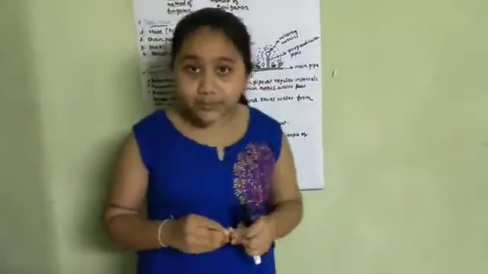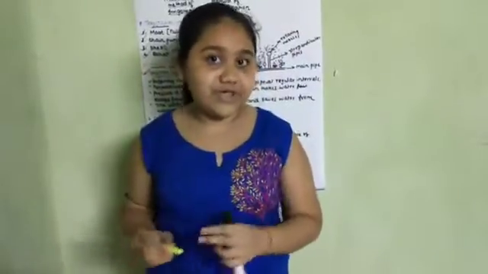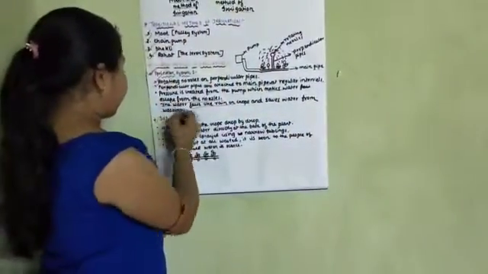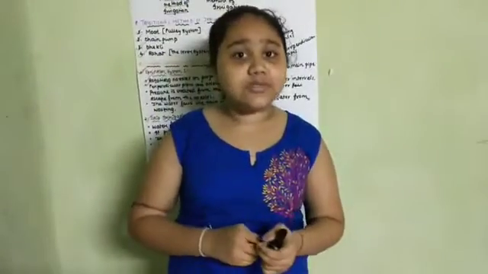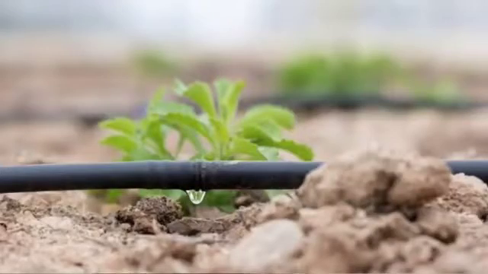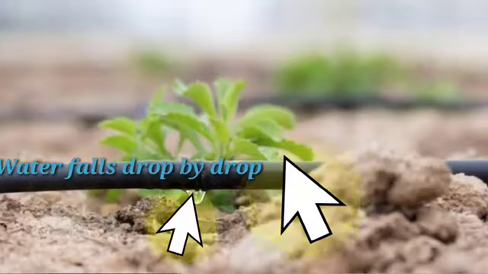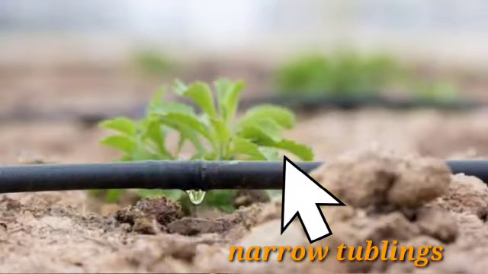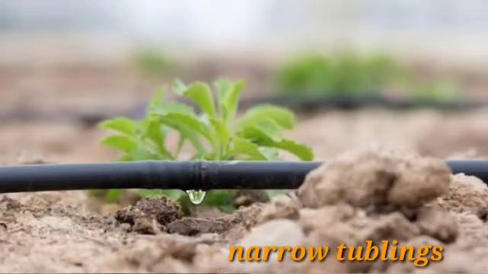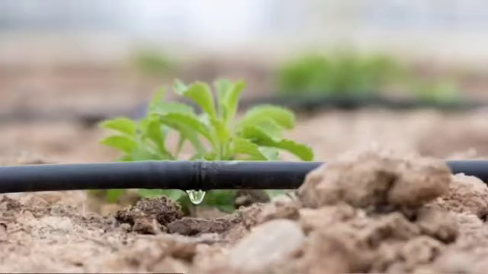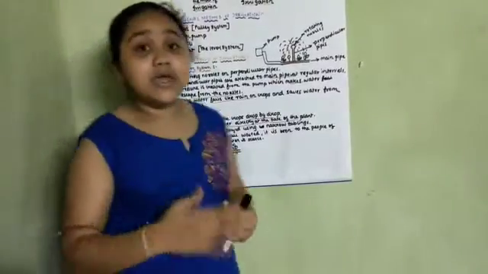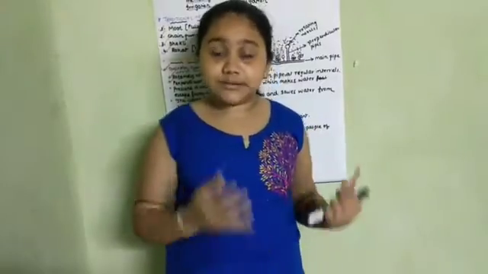And there is one more modern method of irrigation, that is drip irrigation. We have all learnt about drip irrigation in our earlier class, but in this class we will just recall it once. Here water falls drop by drop on the plants, which saves water, conservation of water. Number 2 is that it puts water directly at the base of the plant. That is also a point which tells that water conservation is done through drip irrigation.